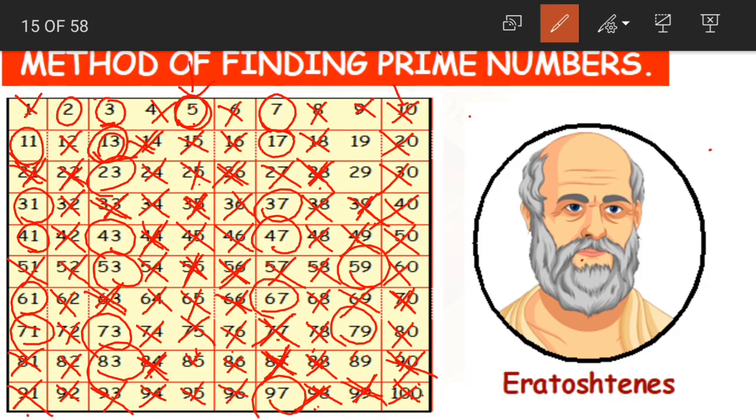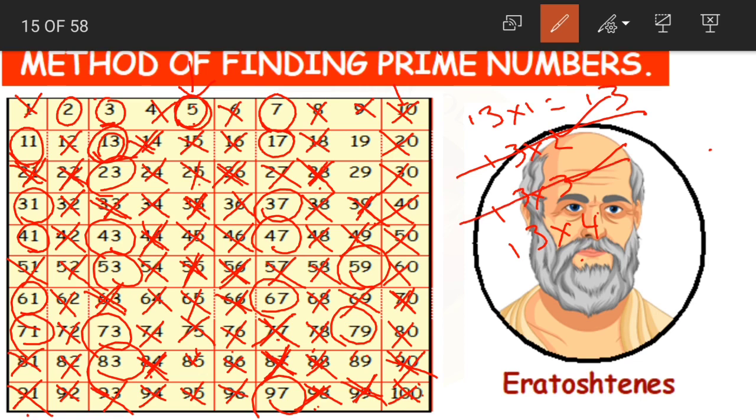Now you might get the doubt, why are we not crossing out the multiples of 13? See, what are the multiples of 13, children? That means 13 ones are, 13 twos are, 13 threes are, and so on, right? We crossed out all the multiples of 2. So this gets crossed. We are done with the multiples of 3. So this also gets crossed. Yes, done with the multiples of 4. So this gets crossed. So with this logic, what do we understand is that to find out the prime numbers,